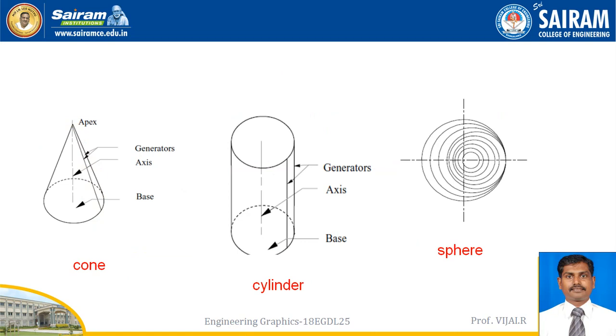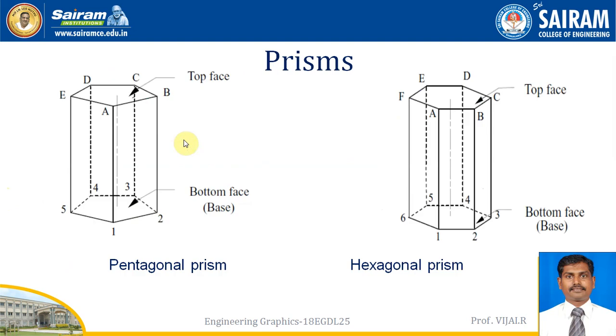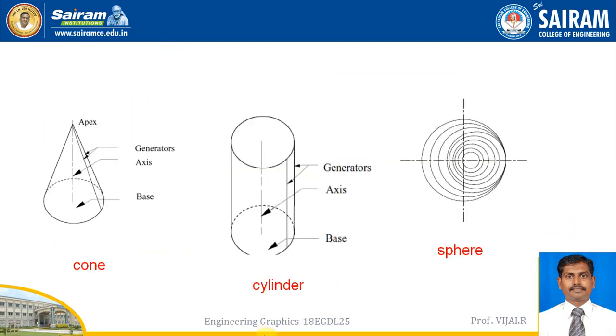In case of solids and prisms, we have the edges. Okay, we can see the slant edges, and when we are seeing from the front view, we can see all the things for all the edges. And in the case of prisms, we can see rectangular faces in the front view. There also we can see the vertical straight lines, okay, for the view. So it is easy when we are solving the problems.